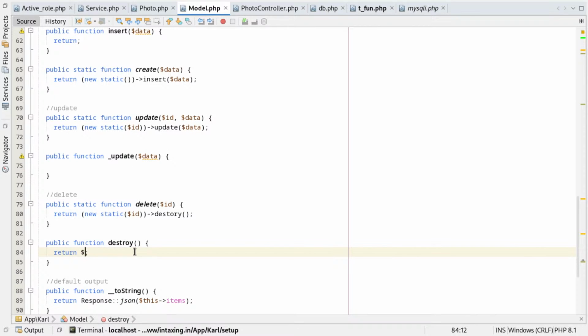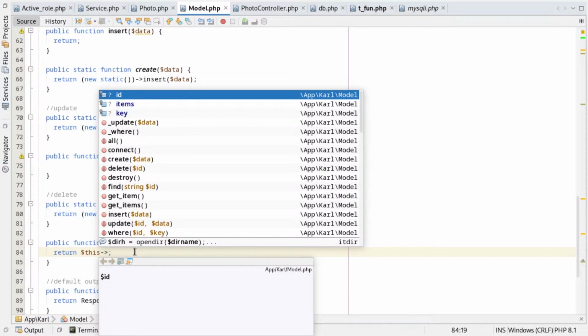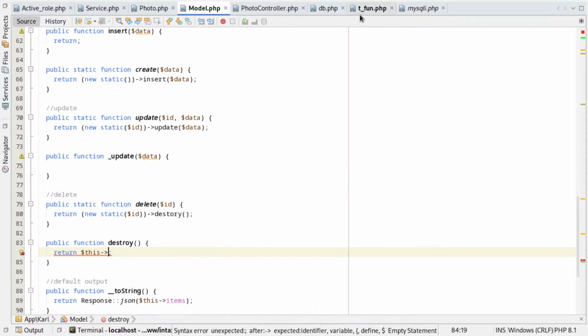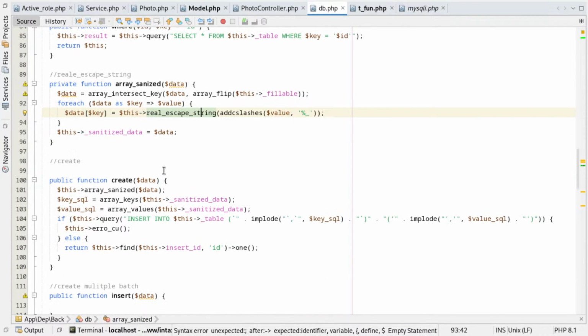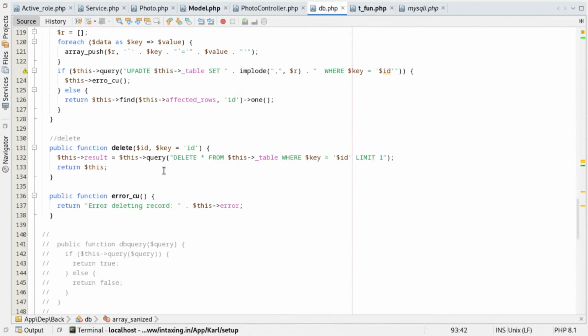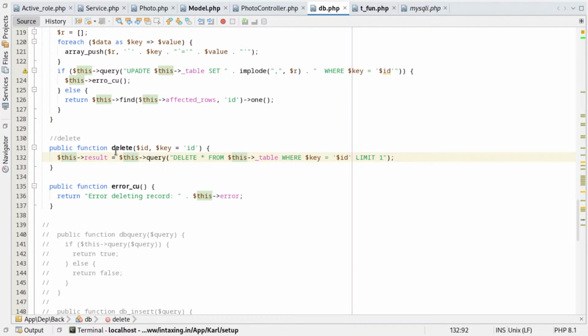Maybe this connection. And if there is an error in the delete also, because in the delete there can be an error, I should use this. We can actually just make it like